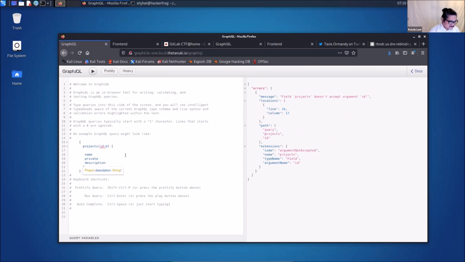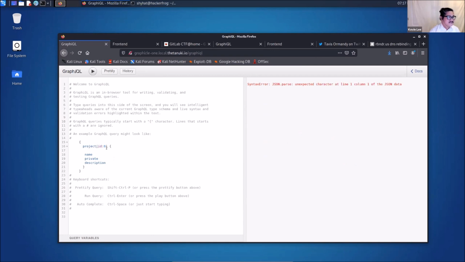We don't need projects, but we're looking for a singular project, ID 0. And it doesn't say, it doesn't know. But if we do ID 1, it finds this. If we do ID 2, it finds this, and ID 3. So we saw ID from 1 to 3 when we looked for all of the projects. But if we look for individual projects and we look for ID 4, which was beyond what we returned,